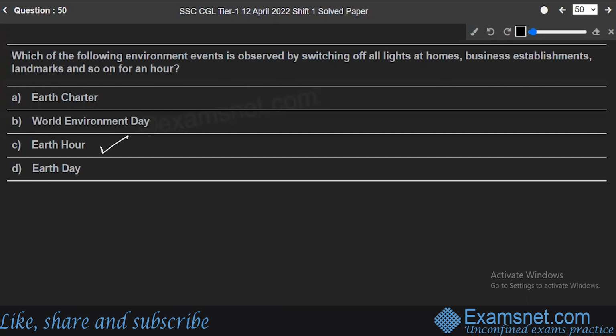Earth Hour is a switching off movement observed worldwide on the last Saturday of March each year. This environment event is observed by switching off all the lights at homes, business establishments, landmarks, and so on for an hour. It was first observed in